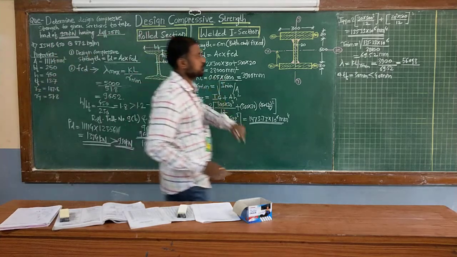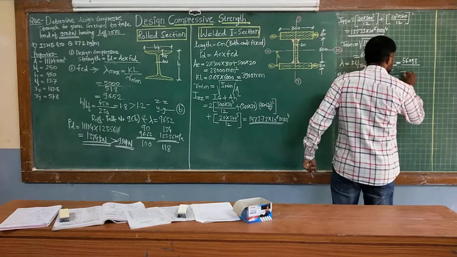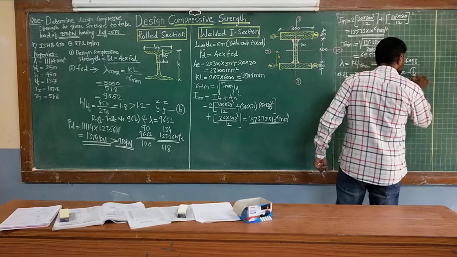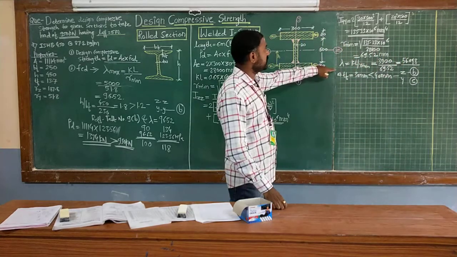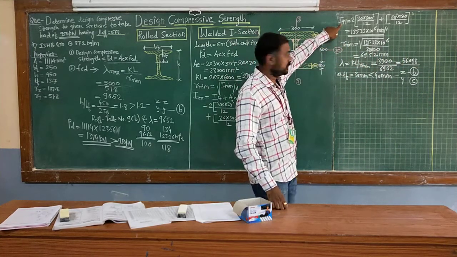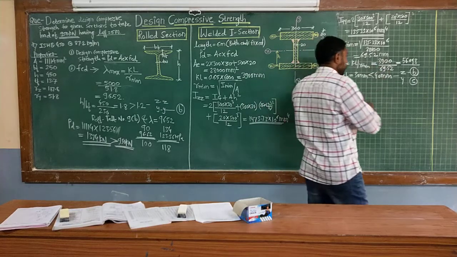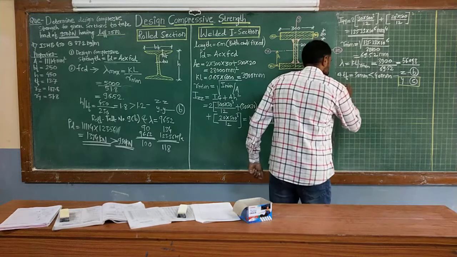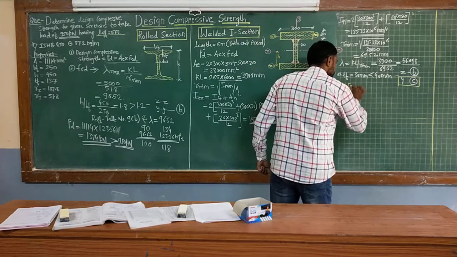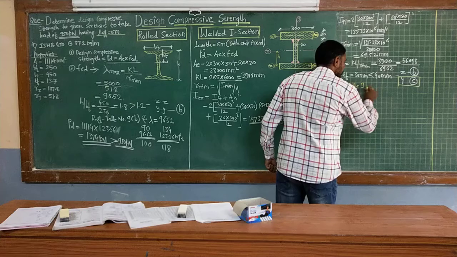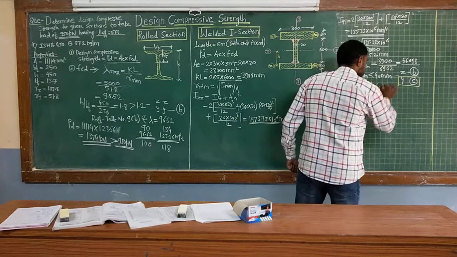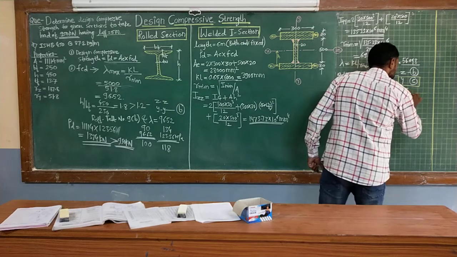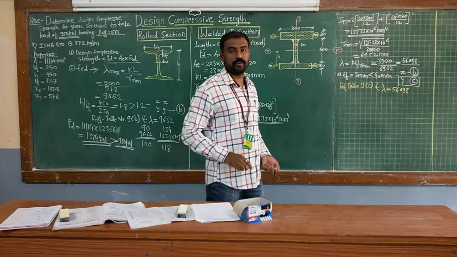So our minimum radius of gyration is what? Here it is z axis and y axis. For this, B and C are the buckling class. Correct? So here we have observed that minimum radius of gyration is y side, and for y the buckling class value is C. Correct? So refer to table 9C, and lambda value calculated is 56.098. Now you need to interpolate for FCD value.